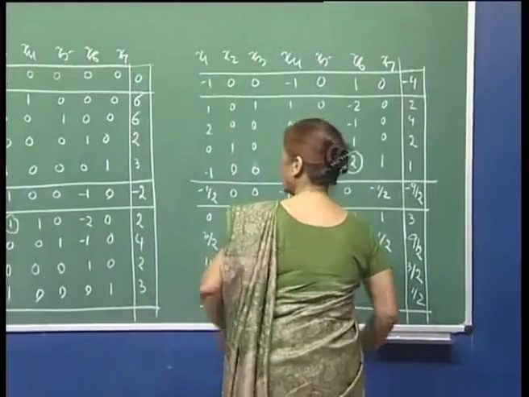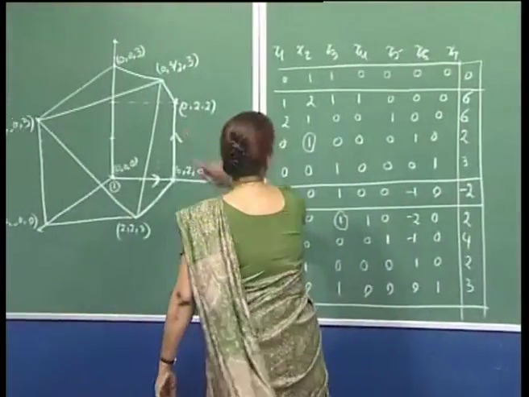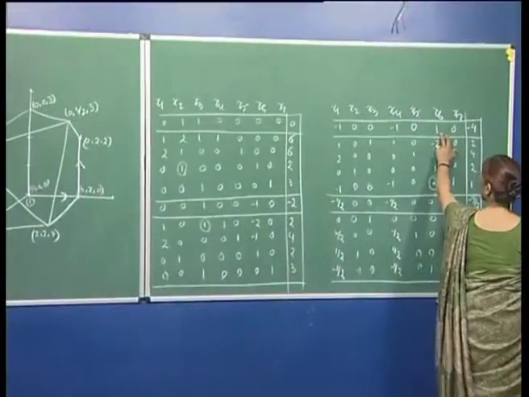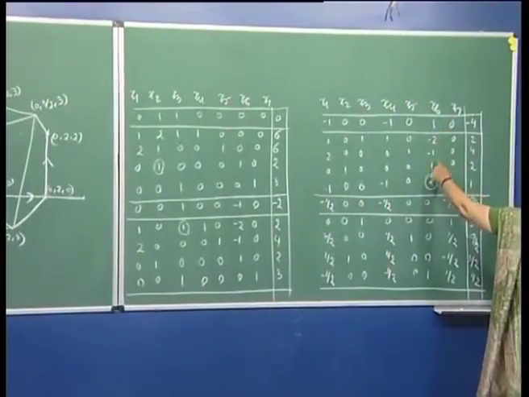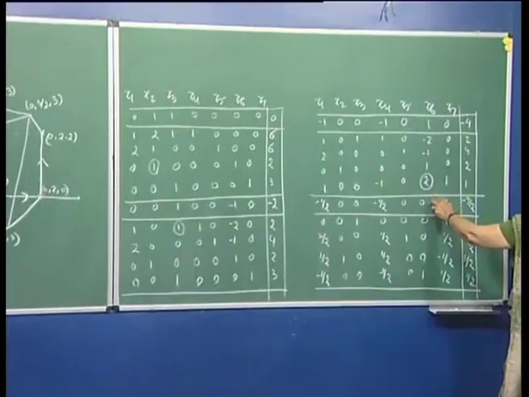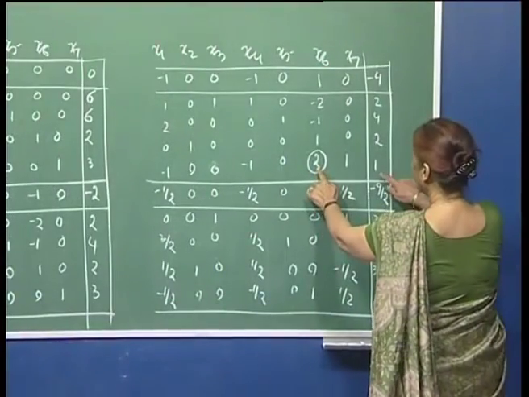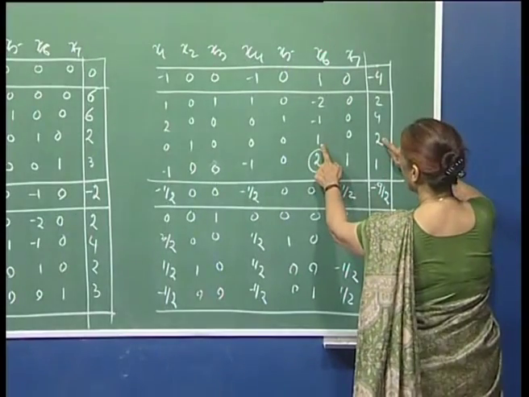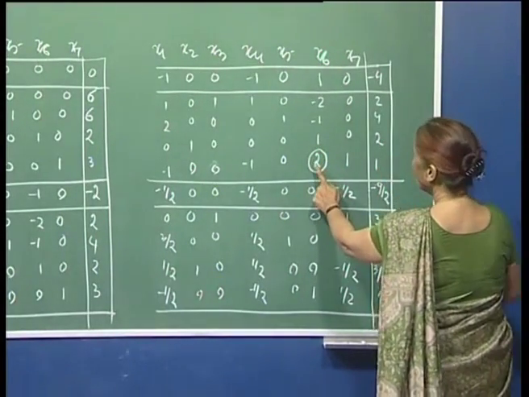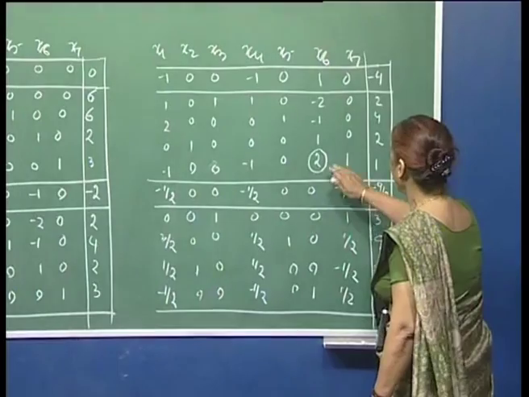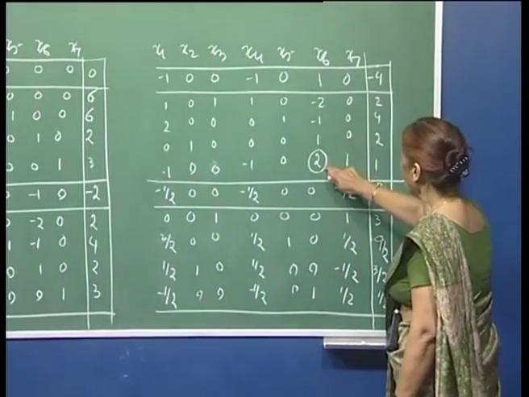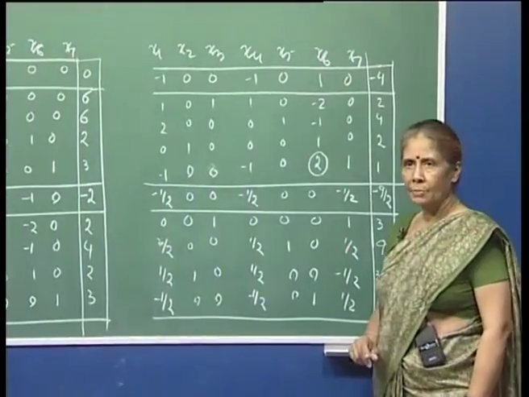At this point we were at this extreme point, and the corresponding tableau is here. Then since this is the only positive entry, this is now a candidate for coming into the basis, this column, and we see that the pivot element is this, because the ratio here is 1 by 2 and this is 2 by 1. So, this is the minimum ratio. So, that means now x7 will become a non-basic variable, and x6 will become a basic variable in